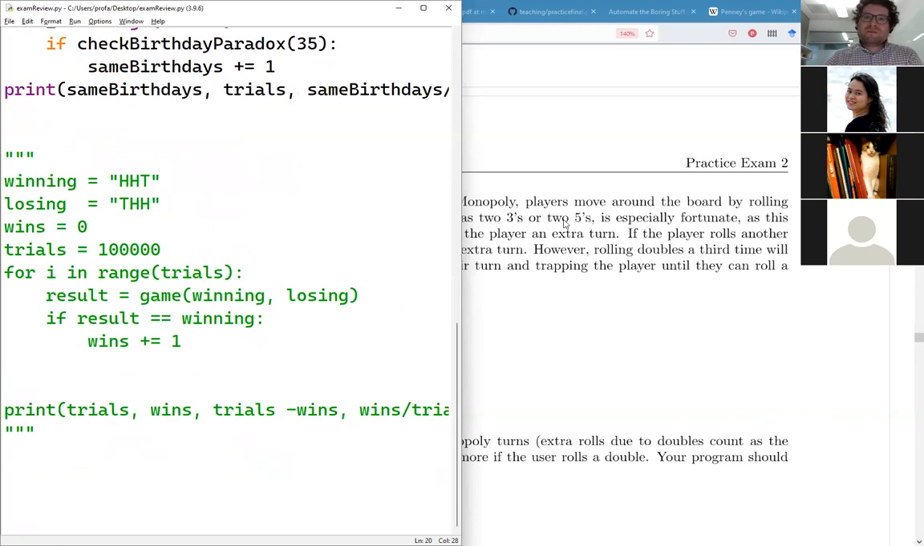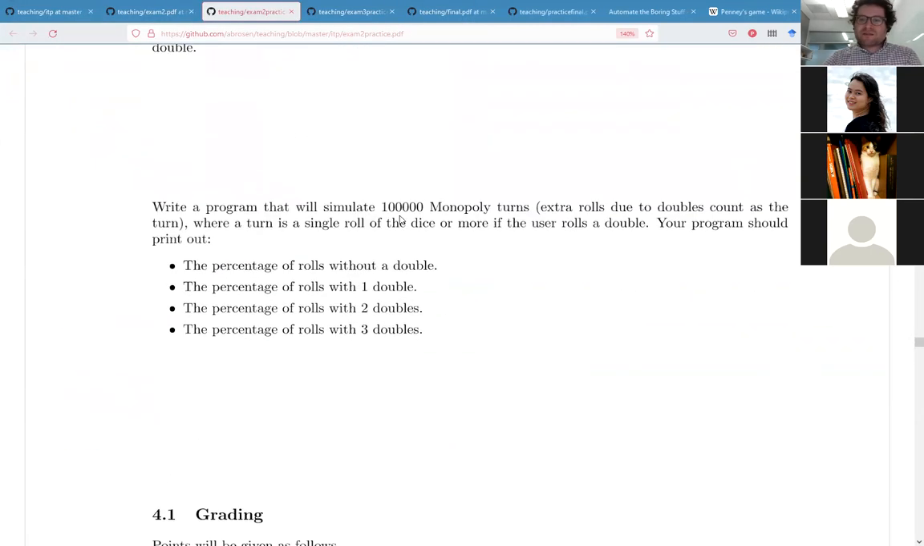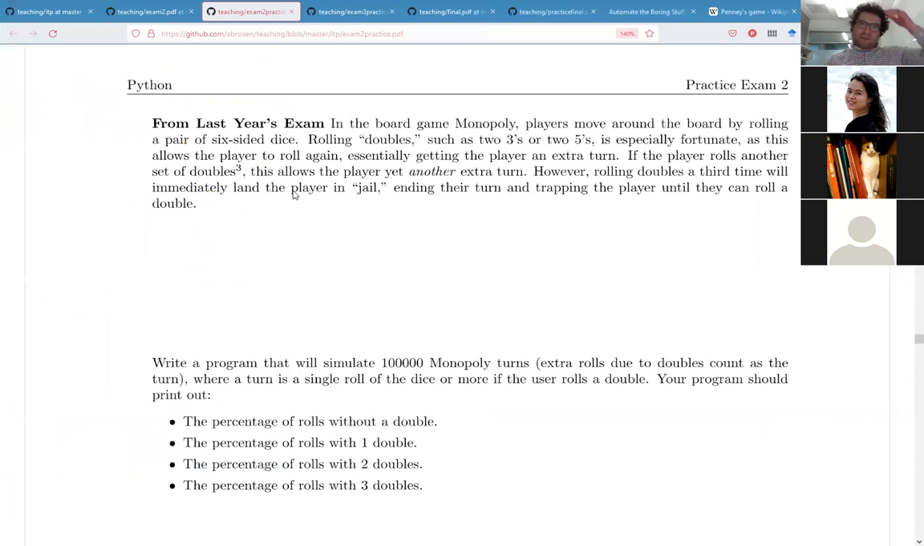a same birthday? So let's go ahead and work on this last problem that was actually a problem that I did. I think I've talked about this Monopoly problem, but did I ever solve it in class or no? No. Okay. So in the board game Monopoly, that's a complicated game, but what we're focusing on is the dice